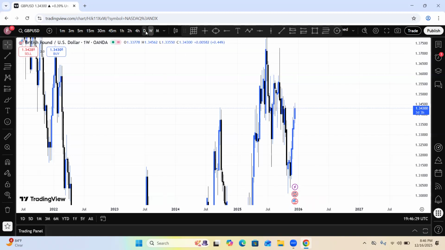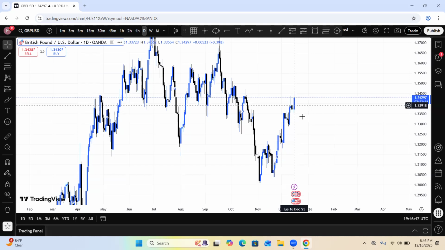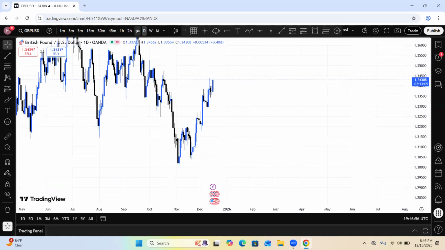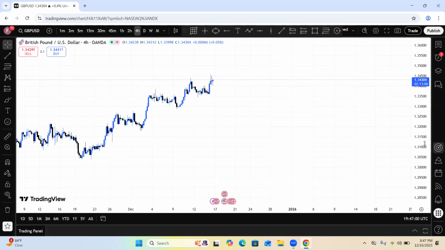If you go to the daily time frame, it means that each candlestick that we are seeing was formed in a day. Time frame is just the period over which you look at price. Now, this candlestick is just the daily candlestick. It was created in just today, in 1 day. If you go to 4 hours, you see that it will expand. It will be plenty. You understand?